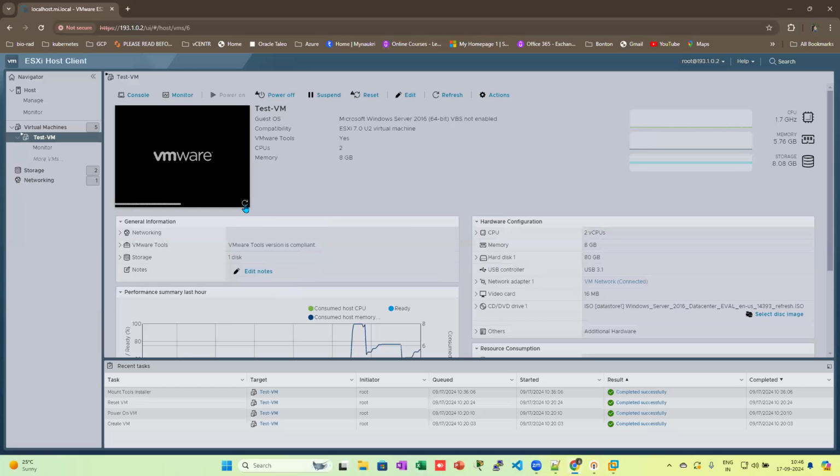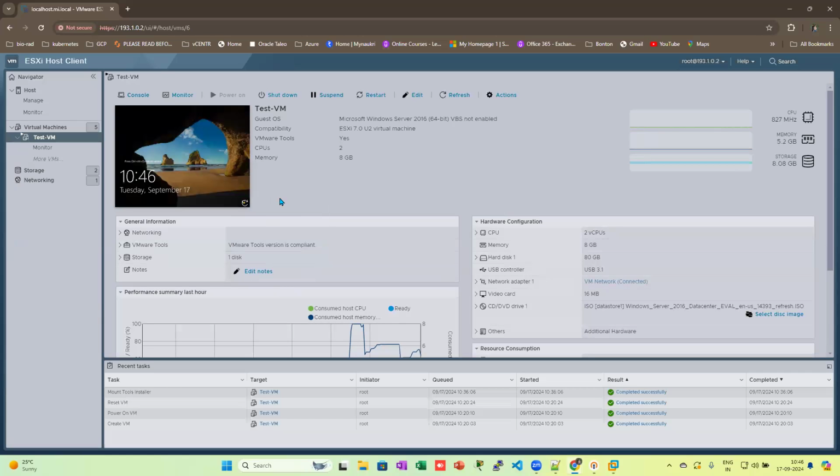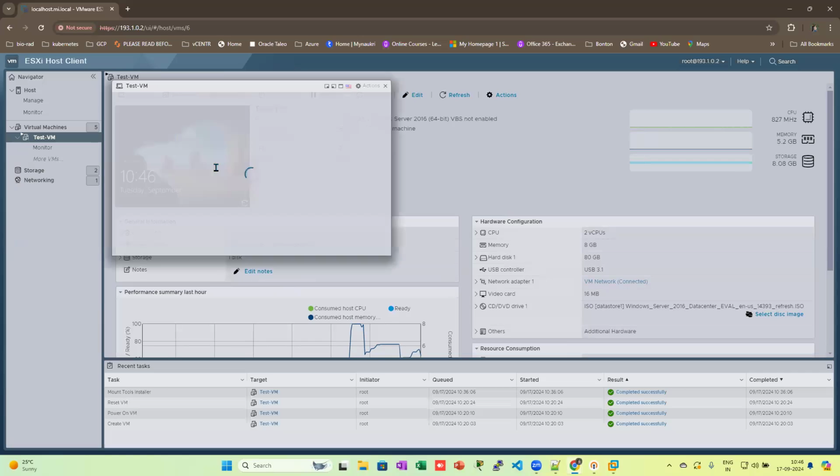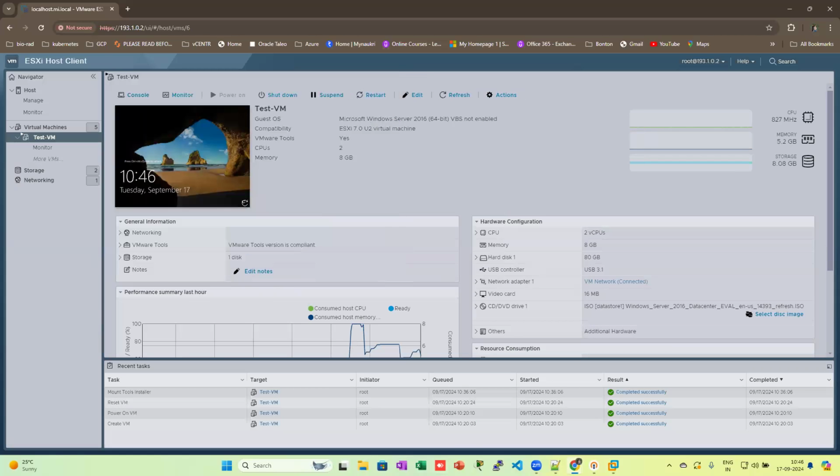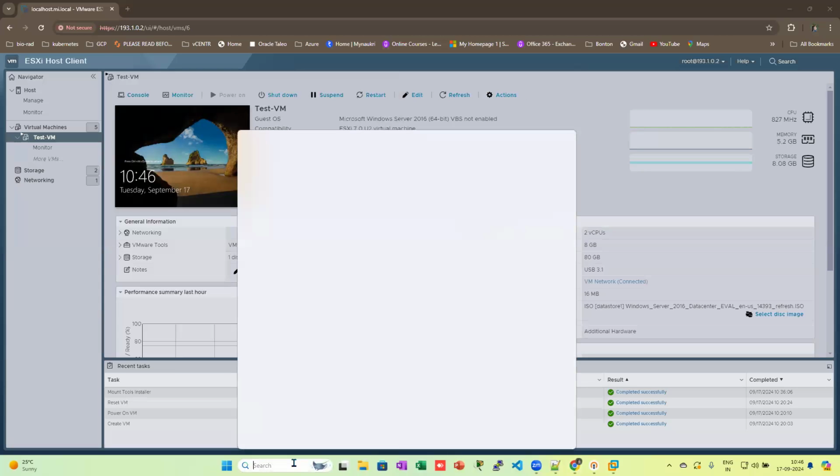So VMware is pretty fast to restart and all. It will come back very fast eventually. I know you've been working with VMware and this is something you're aware of, but as a part of the curriculum, I'm just asked to show you this. So it's up and running now. So let me go to again